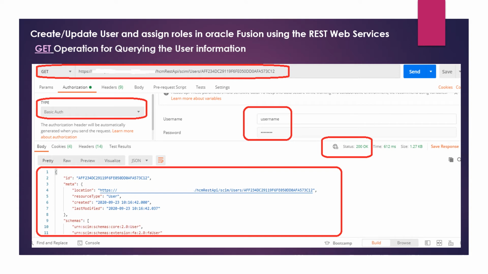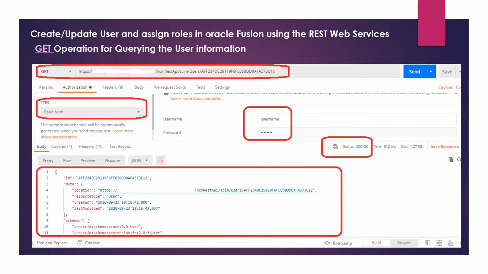So we are in the Postman tool. Create a new request, provide the GET method and provide the URL that we got, which is the HCM REST API slash HCM slash users, and the ID, the global user GUID of the user.